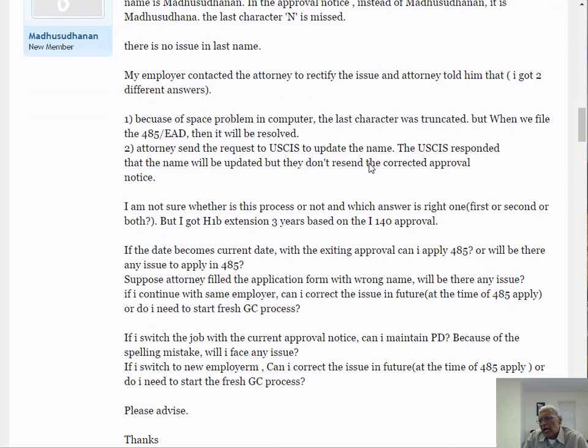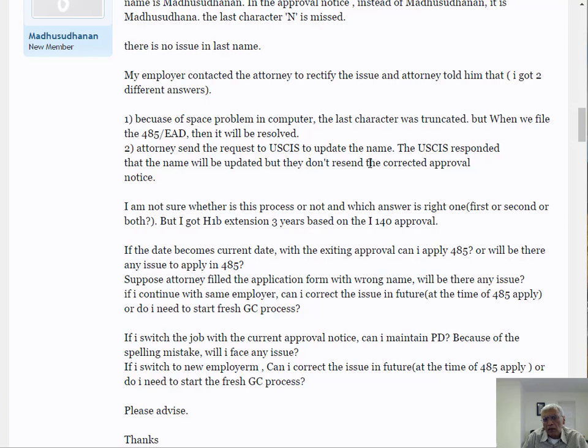What you can do is you can have your employer call and confirm if the name change has occurred, but normally the name change does not get done with just a phone call. It requires at least a written request from your lawyers. And the government will not change anything on the I-140 unless the error or the deficiency is on their part. If the error or deficiency is on the part of the forms package that your lawyer uses, which cuts off the last alphabet in a long name, then they're not going to correct it, but they might correct it at the I-485 stage.